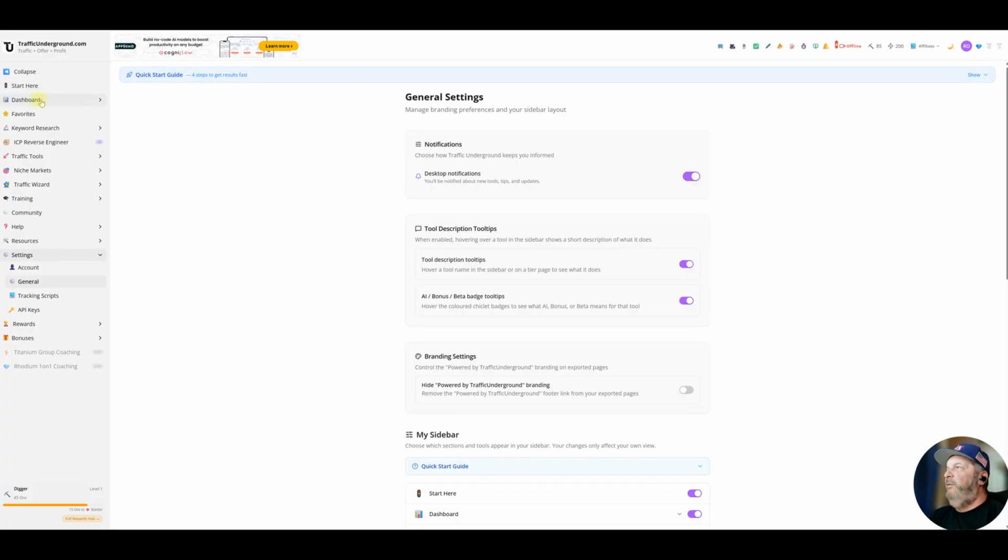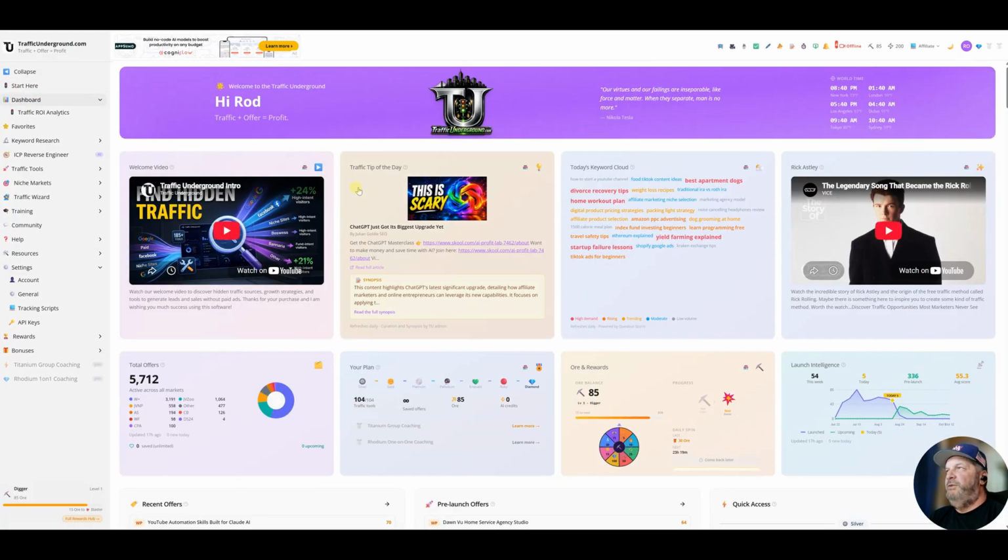And if we come back over here to the dashboard, which is what you usually land on every time you log in, that's the first thing you land on. And you can always go to start here if it's your first time. You can go up in there. But anyways, you can change